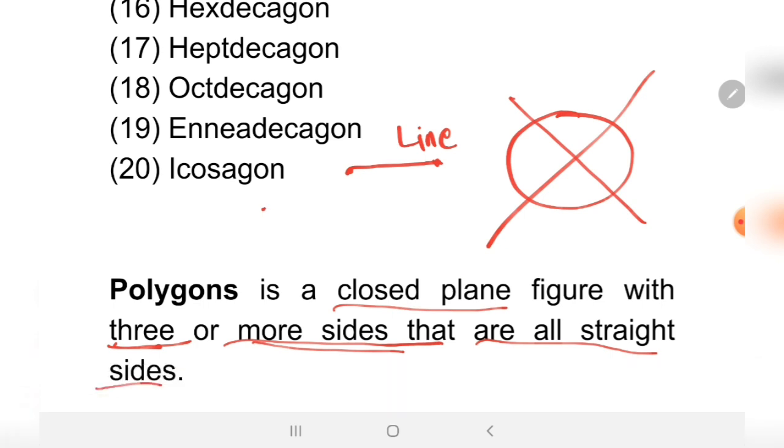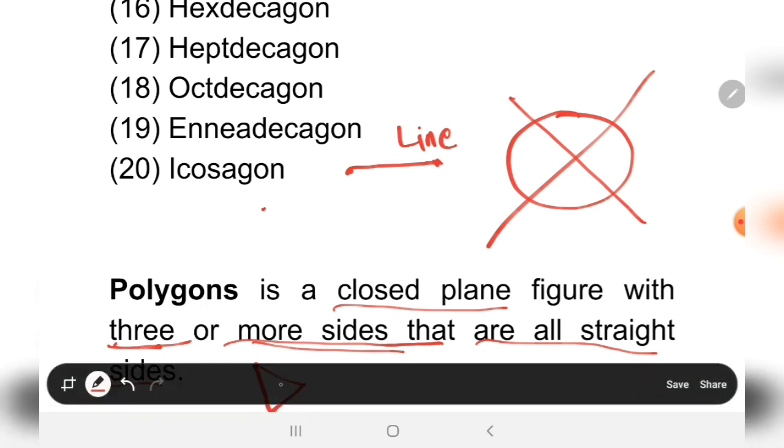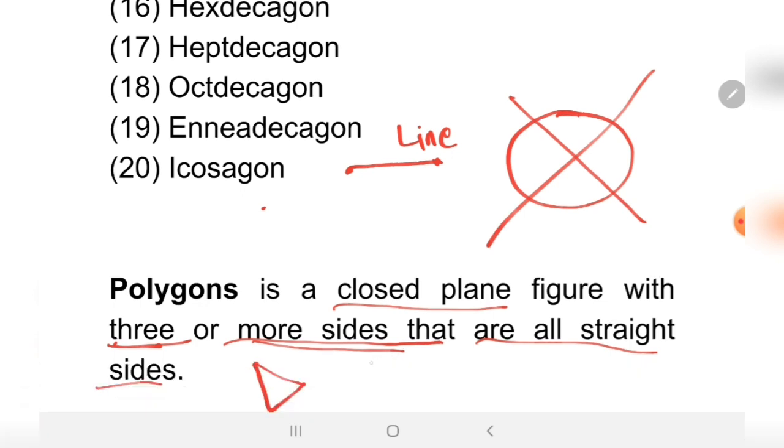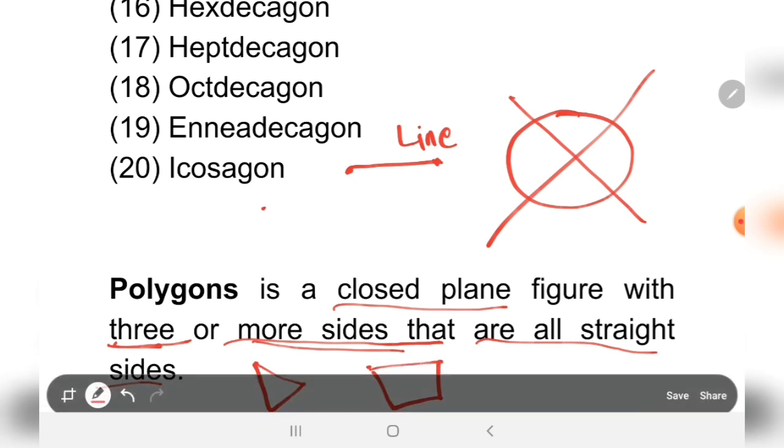So polygons start with 3 sides, and that is 1, 2, 3. This is what you call a triangle, and then 1, 2, 3, 4